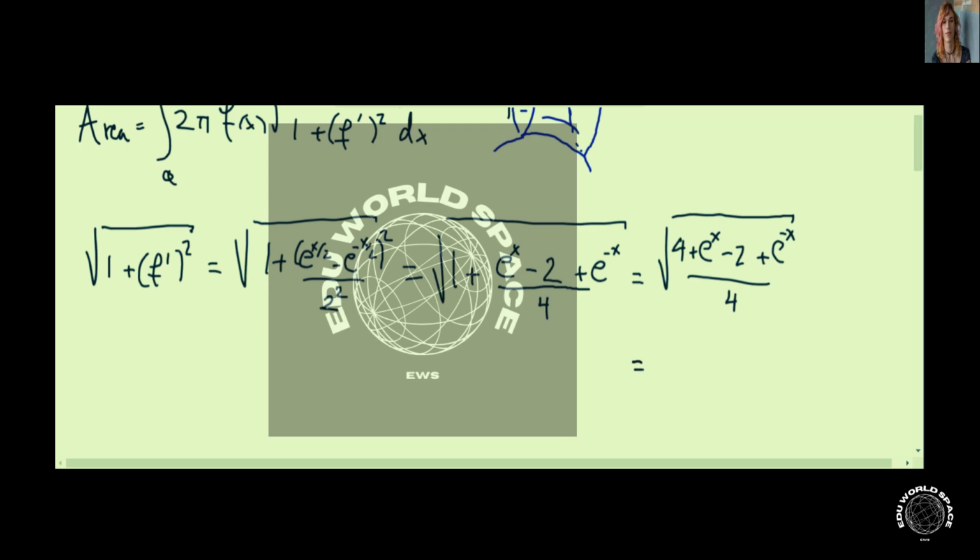The 4 and that minus 2, adding 4 minus 2, we have e to the x plus 2 plus e to the minus x, and well, square root of 4 is 2, so we have that, and then